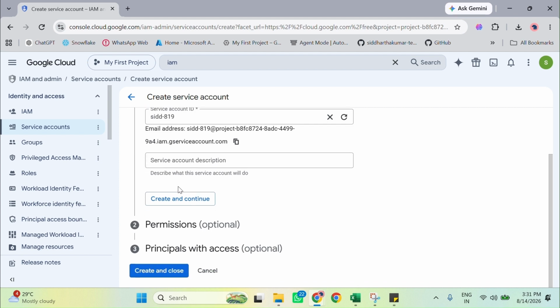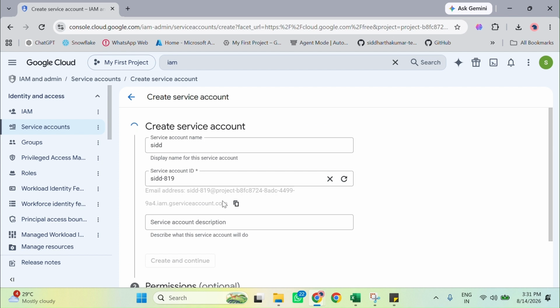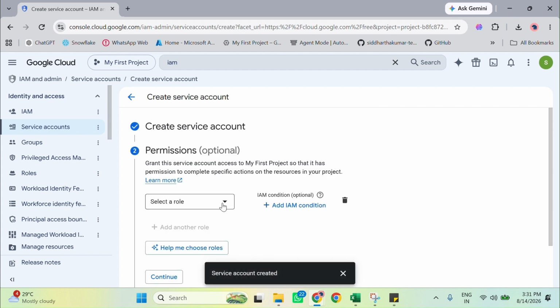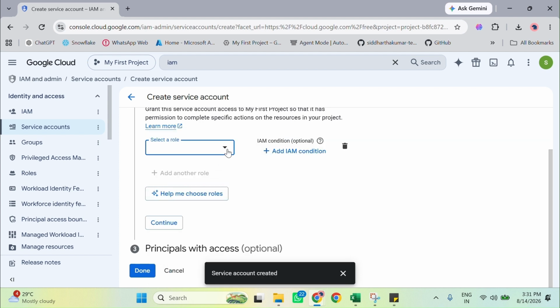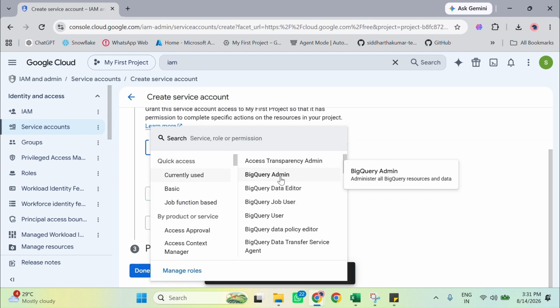Skip this, create, continue, and give your roles. Here we need to give BigQuery admin or BigQuery data editor. Add the roles here. As of now I am giving BigQuery admin,